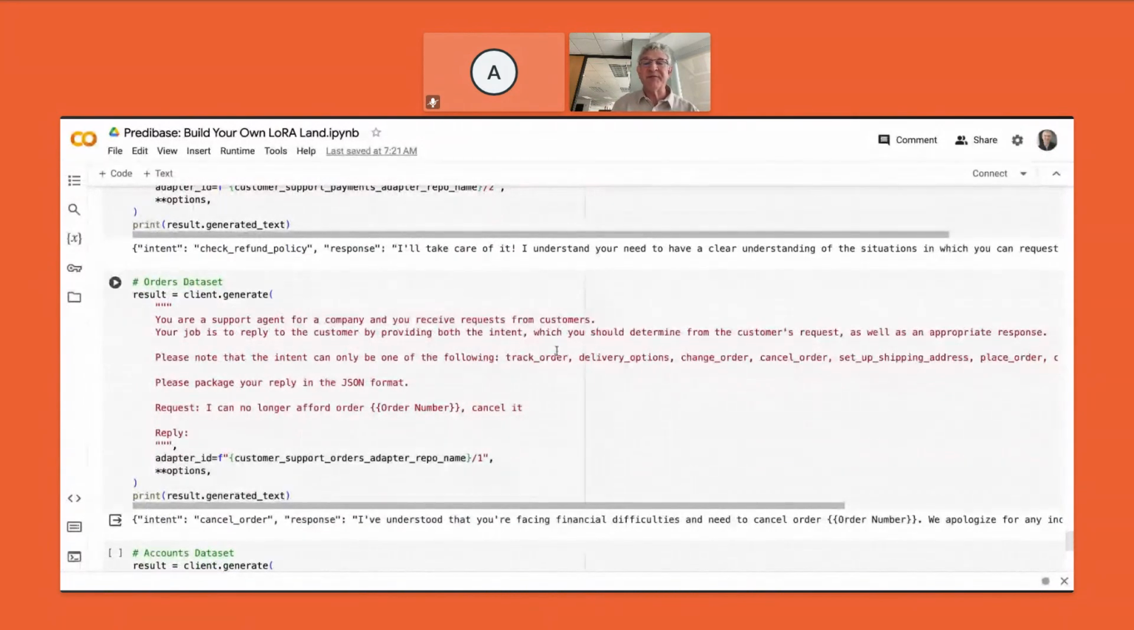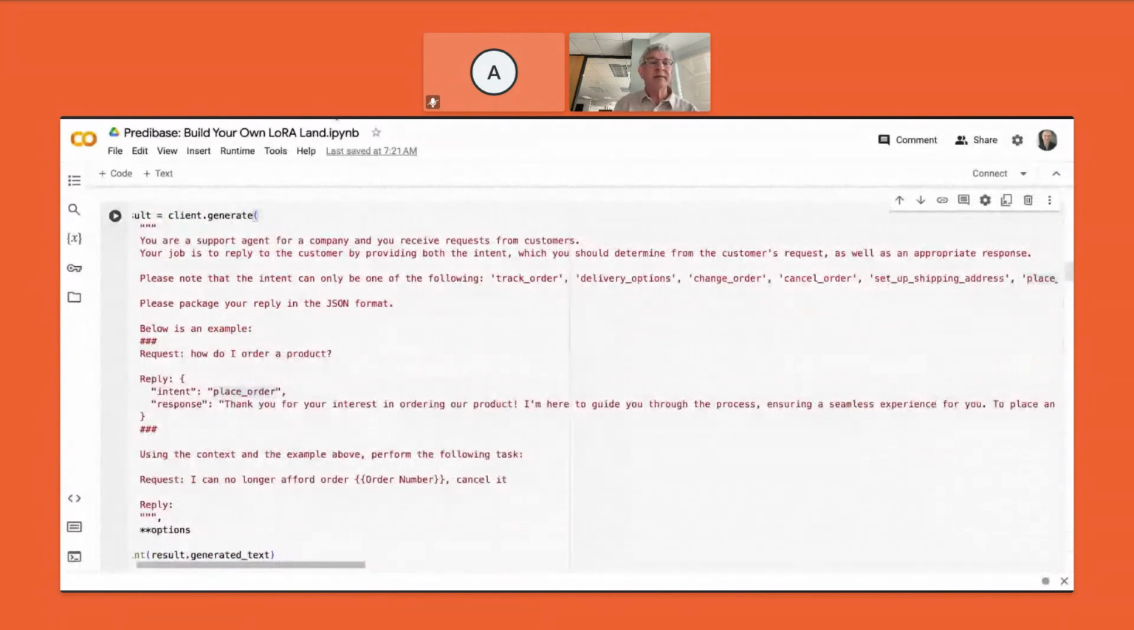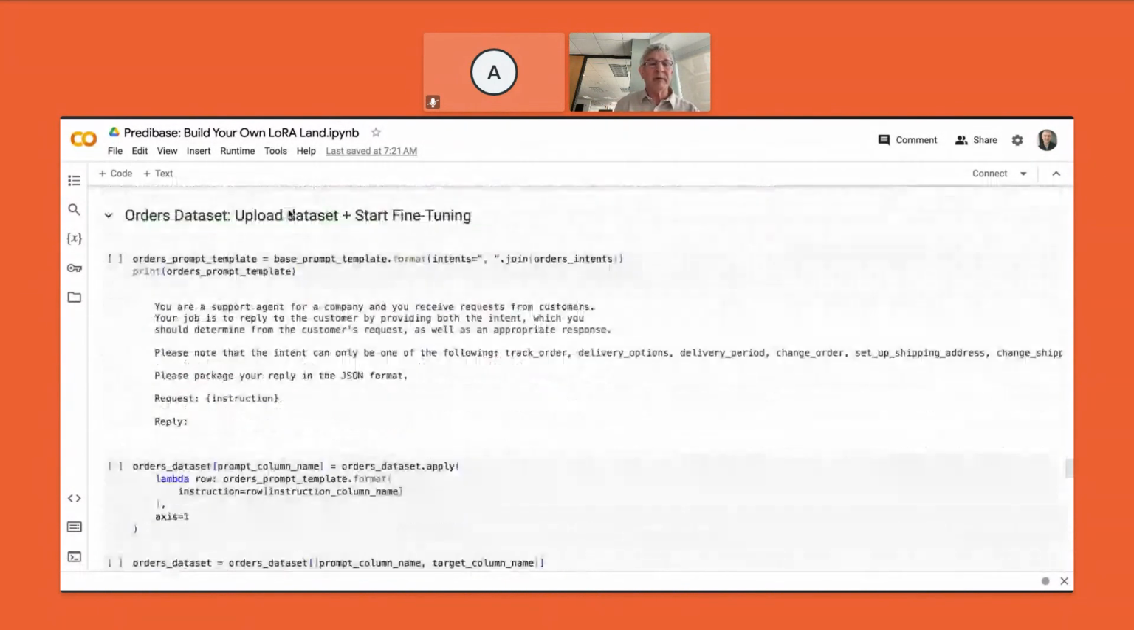And so it's a different customer with different intents: tracking order, change order, cancel order, things related to orders. We prompt it, and we get